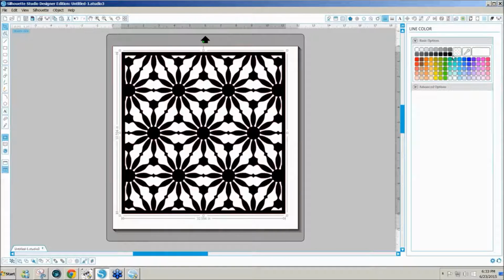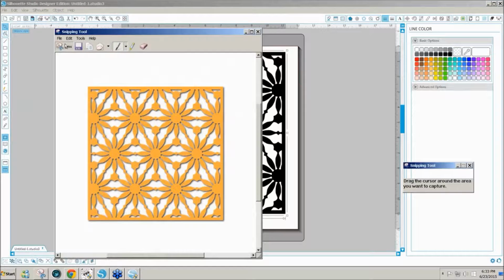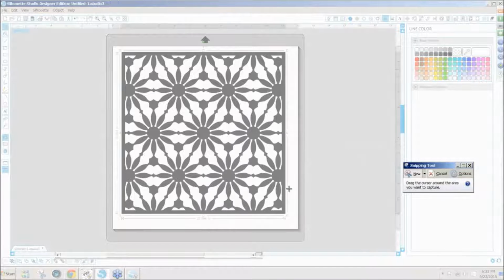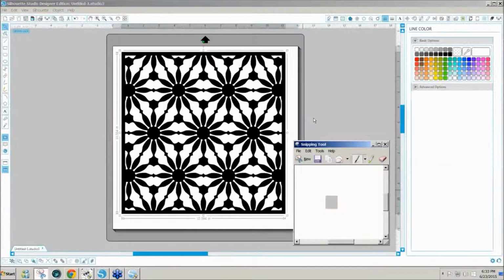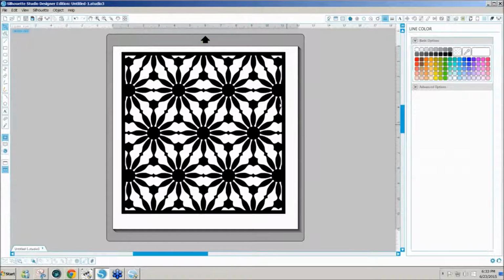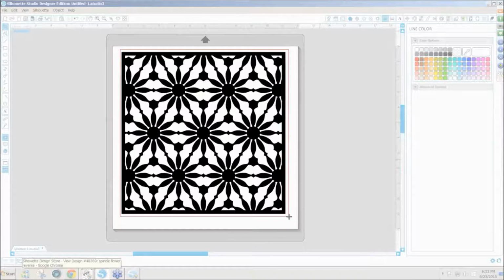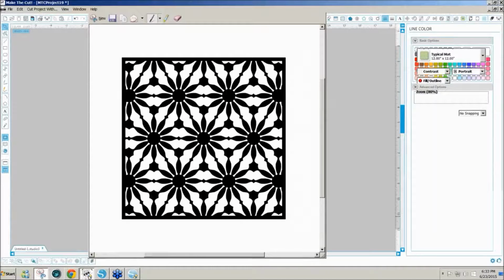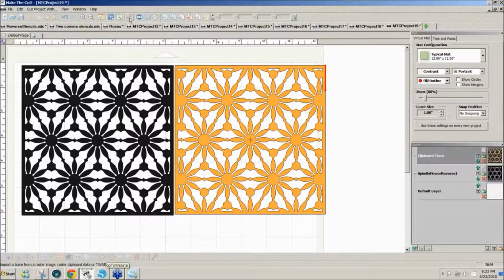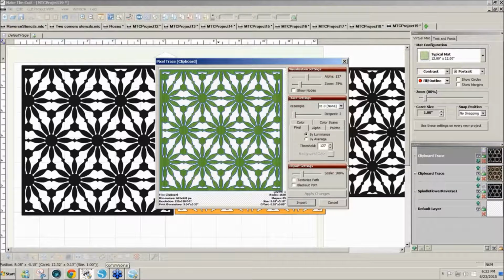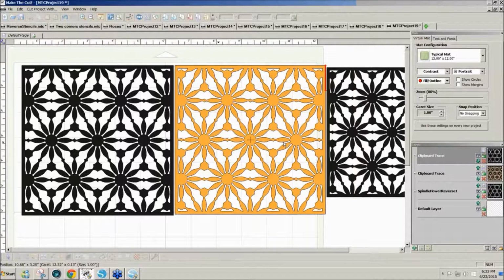So I give it black lines, black fill, the Windows snipping tool. Oh, and I'm gonna click away from that because I really don't want those lines around it. Now I'll do the snipping tool and grab that black image, and we'll import that and see the difference here. So click on the pixel trace, paste, and import. So we'll look at these,